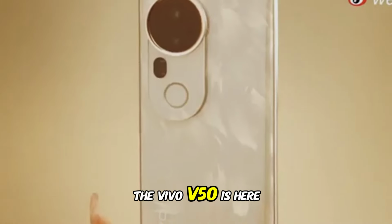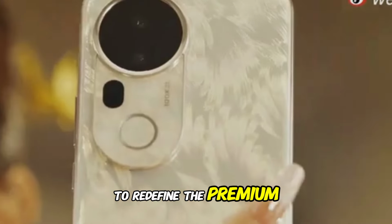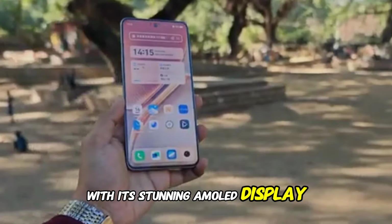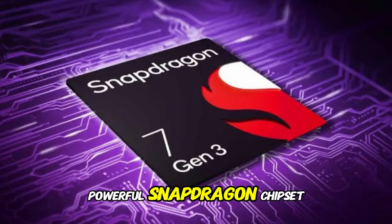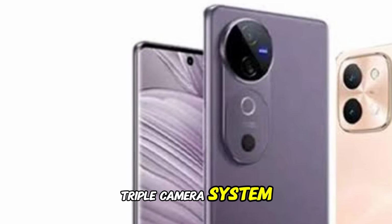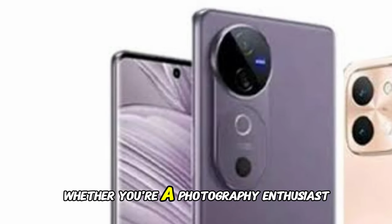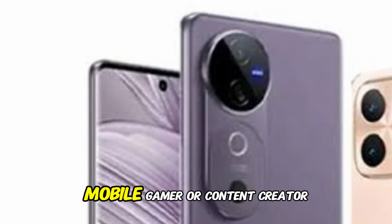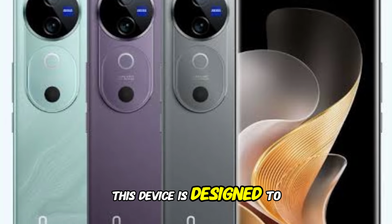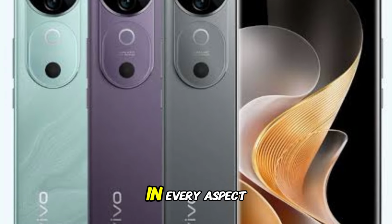The Vivo V50 is here to redefine the premium mid-range smartphone experience with its stunning AMOLED display, powerful Snapdragon chipset, and a versatile 50MP triple camera system. Whether you're a photography enthusiast, mobile gamer, or content creator, this device is designed to deliver top-tier performance in every